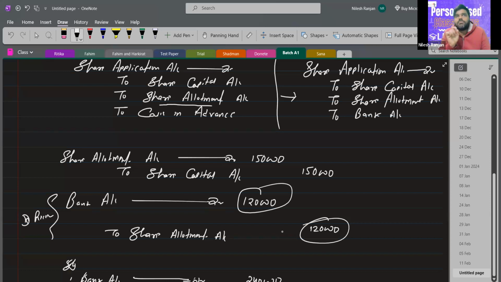But there is the issue of shares for consideration other than cash. Yes, sir. There were 4 cases. Can you tell me what those cases are? Sir, it was, so one was the issue of shares to promoters, issue of shares to underwriters,